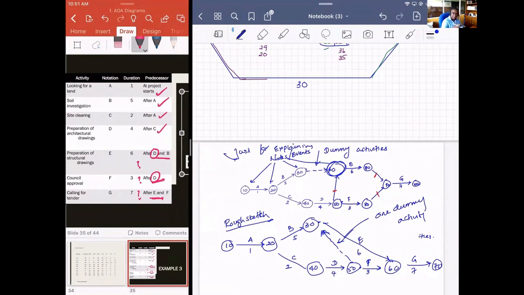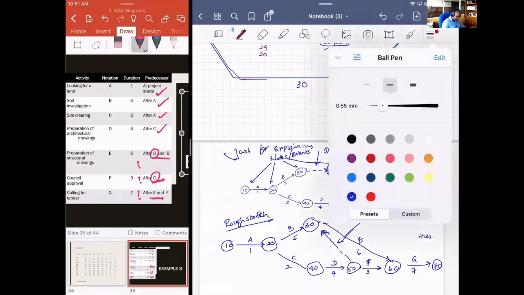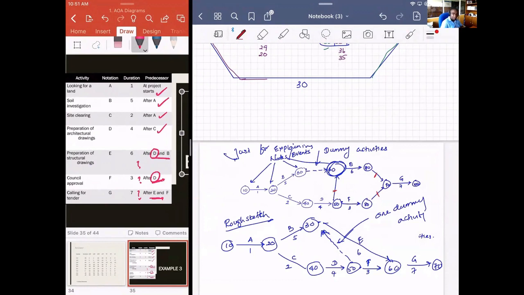Now you can use the same technique, same theories as we have used. And one thing, when you draw the correct thing, please make sure that you don't draw arrows backwards. When you draw the correct figure, this arrow should be somewhere here. This arrow goes backwards, and sometimes it's confusing. If you don't draw arrows backwards, then when you do the backward pass, you can get the activities from the back end.